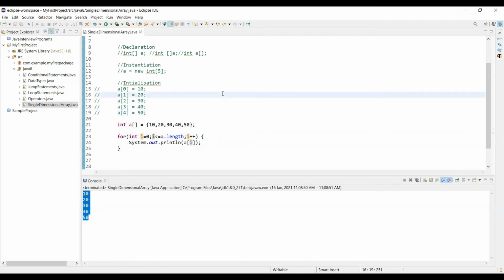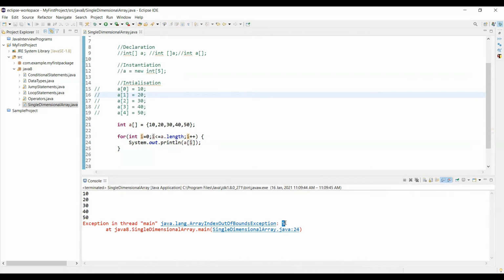So let's see now what happens. You can see we get an exception called ArrayIndexOutOfBoundsException, and it is also specifying the index here. So the meaning of that is the index 5 doesn't exist, and this is the exception, meaning the array index is out of bounds, is what the exception is saying to us, meaning this index for the array doesn't exist. So we should be careful that the index should be in the range from 0 to array size minus 1.